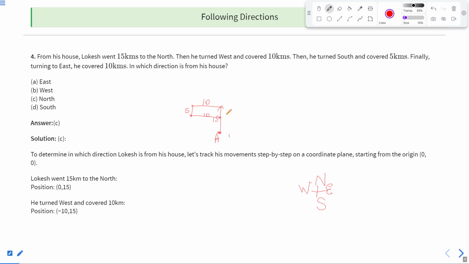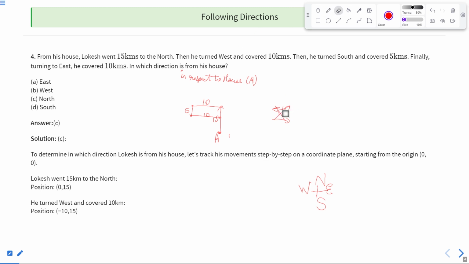ठीक है, इसमें in which direction is he from his house? So this is in respect to house. House को हम A बुला रहे हैं. So he's gone left 10, he's gone right 10, or west 10, east 10. So these two cancel each other out. तो हम एक ही प्लेन में काम कर रहे हैं, ठीक है। अभी इन क्वेश्चन में जब ट्रिकी होता है जब ट्रायंगल्स वगैरह के साथ 2 डायमेंशन में बात करें, अभी के लिए जस्ट वन स्ट्रेट लाइन।